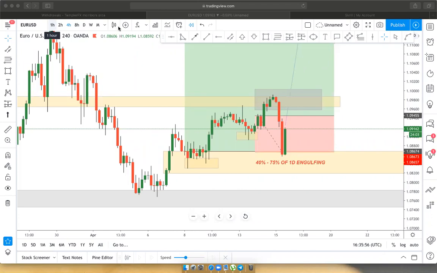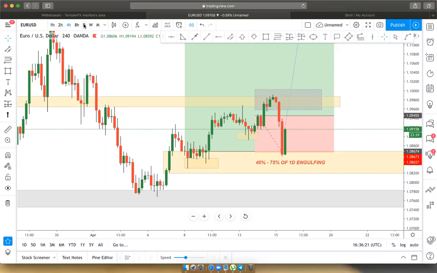Okay, so that was Euro USD. How we ended up losing these trades is because we had not concentrated enough on what the price is trying to do. As I see now, in the last 8 hours, I mean the last 12 hours, we have seen a very strong movement to the downside, which when we go into the daily time frame,